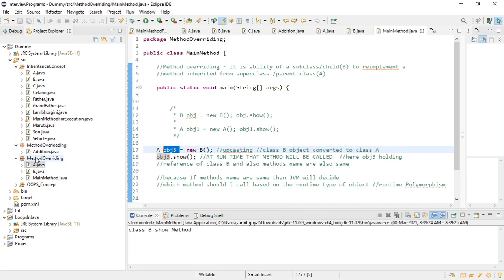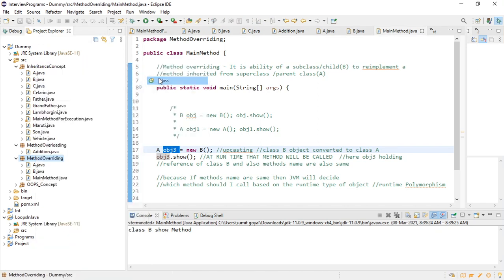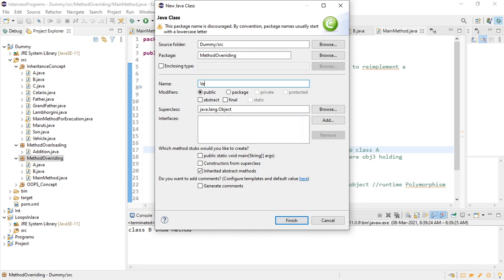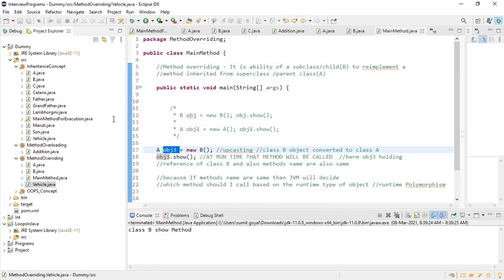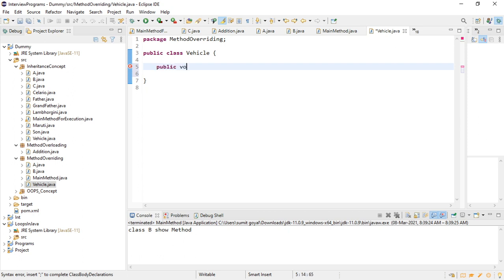Let me take one more example. Okay, so let me take a Vehicle class, right? This is our parent class, and suppose it has one method, public void paint.